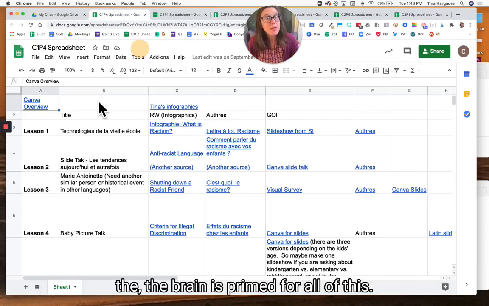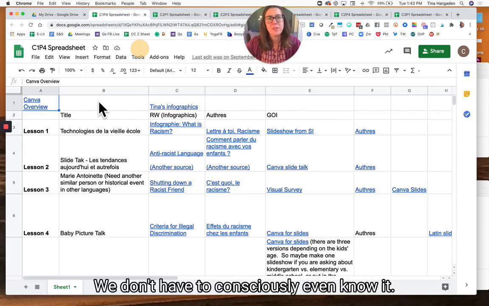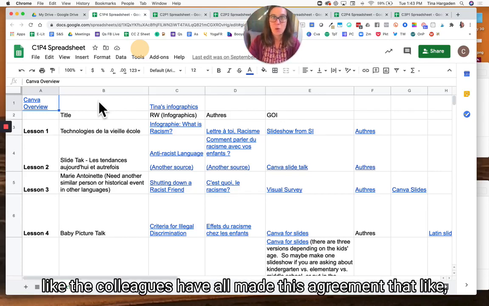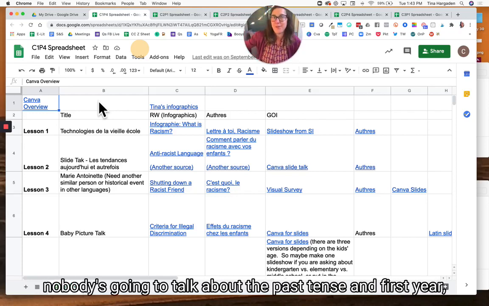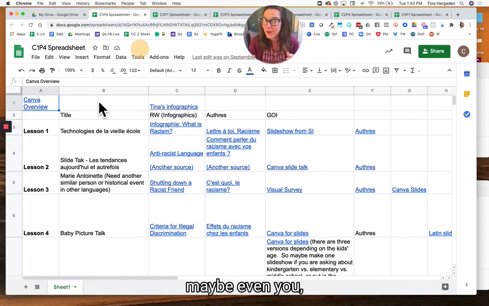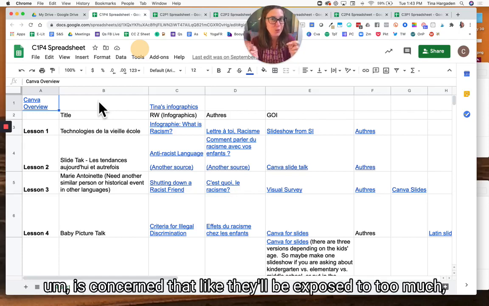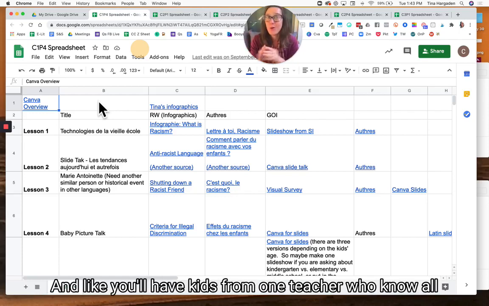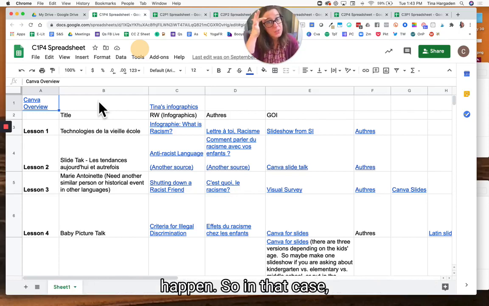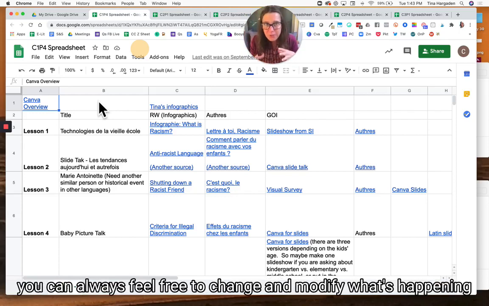So anyway, the brain is primed for all of this. We don't have to consciously even know it. So please don't be concerned, like, oh no, I'm introducing the past tense. Some schools have this agreement, like the colleagues have all agreed that nobody's going to talk about the past tense in first year because some colleague of the second year, maybe even you, is concerned that you'll have kids from one teacher who know all about the past tense, and then the kids from the other teacher never heard it, and they don't want that to happen. So in that case, you can always feel free to change and modify what's happening in this